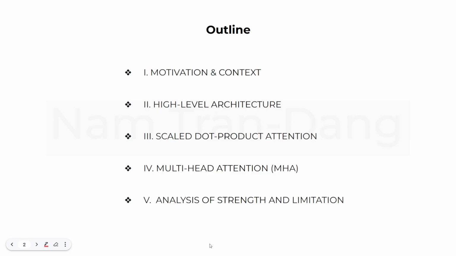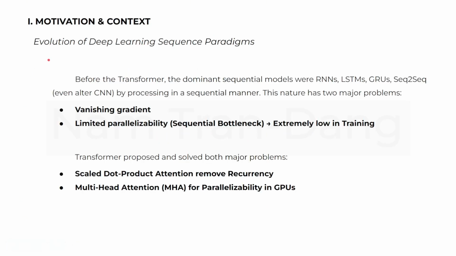First of all, we will discuss the motivation and the context, and why the transformer was created. The evolution of the deep learning sequence paradigm. Before we had transformers, the dominant sequential models were RNN, LSTM, GRU, or sequence to sequence. And sequence to sequence was the engine of Google Translate back then, and it was researched by Dr. Lê Quốc, one of the computer scientists from Vietnam, and it processes data in a sequential manner, but it has two major